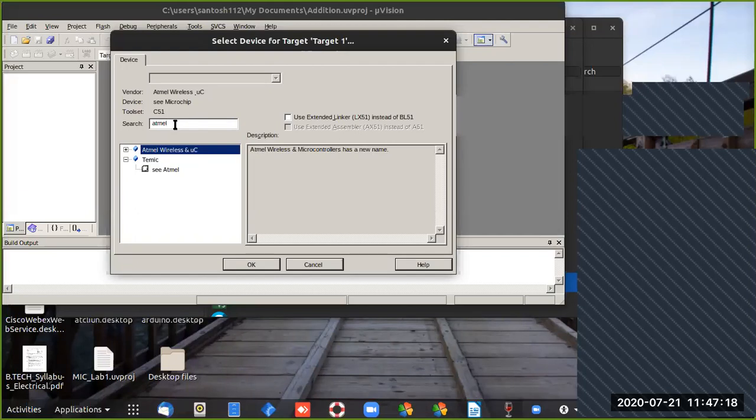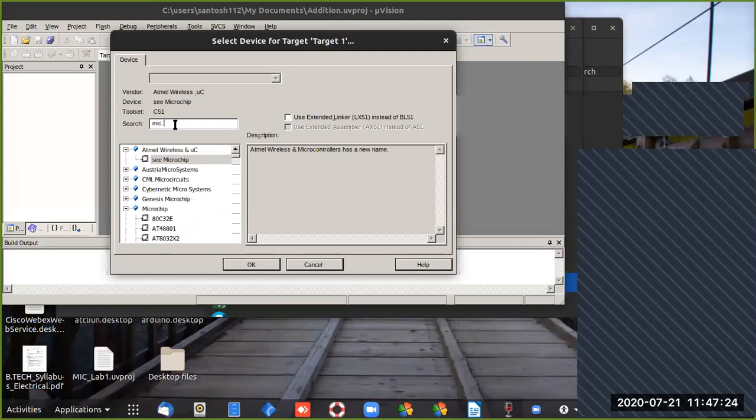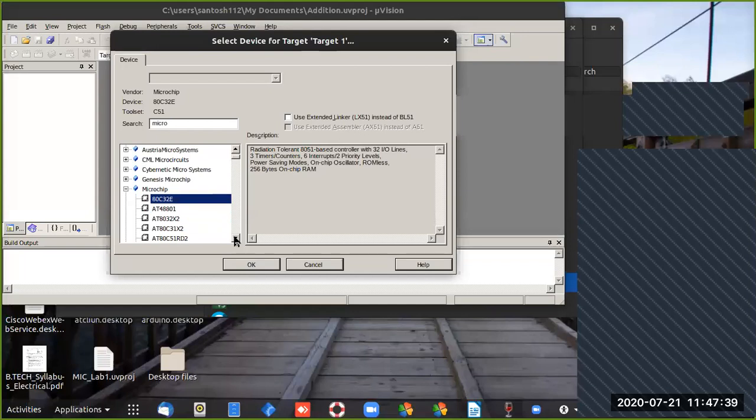It doesn't show in Atmel, it shows in Microchip. So here is the family of Microchip devices. If you click on any controller, it gives the description. On that we can write programs up to 2 KB. So select the proper controller so that there will not be any conflicts while doing the course, since it will not go out of memory, since we are using the evaluation version, not the license version.